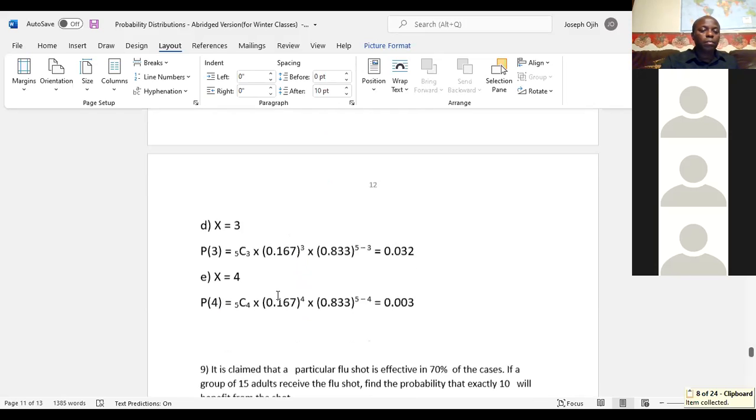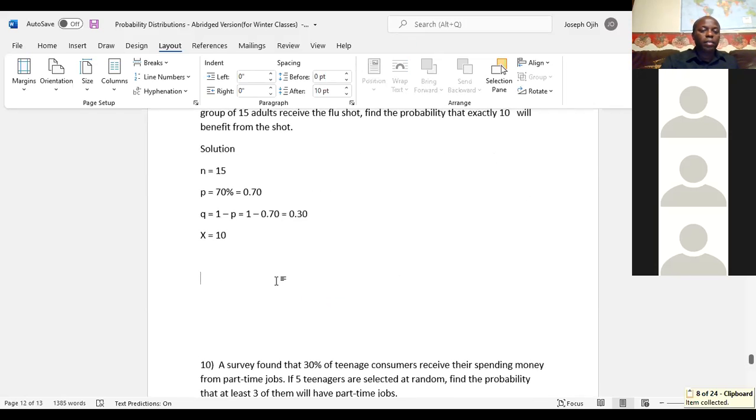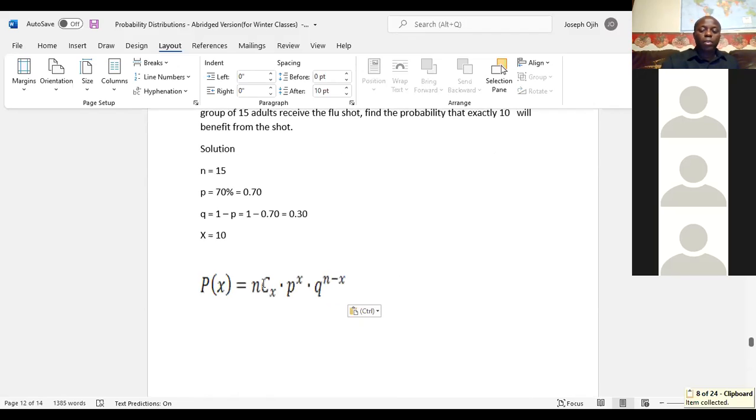Anywhere we see X, we put 10. Anywhere we see N, we put 15. Anywhere you see P, you put 0.7. Anywhere you see Q, you put 0.3. So P(10), the probability that exactly 10 will benefit, becomes 15 combination 10